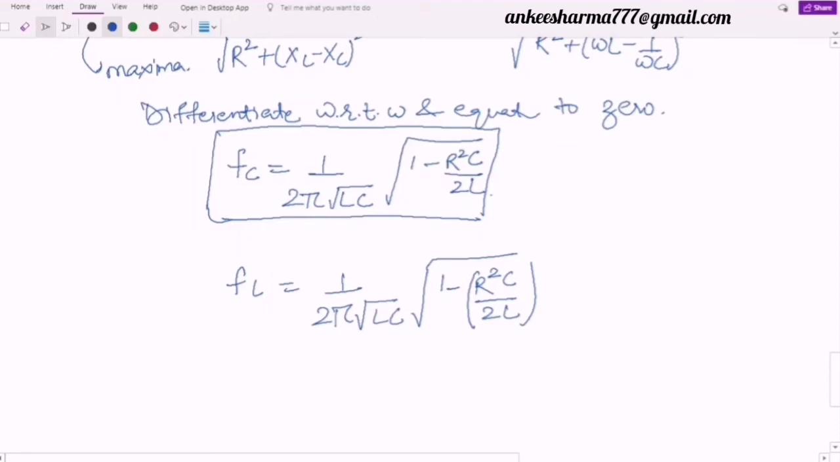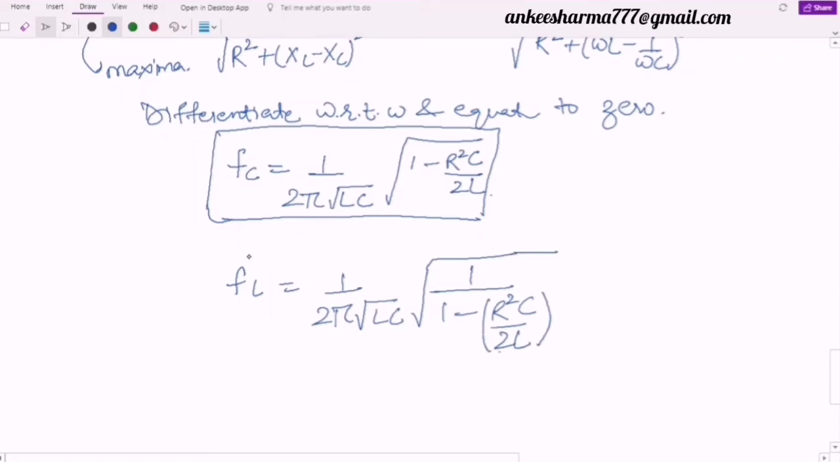Something is wrong. Wait a minute. By 2 pi root of LC under the root of, yes, something is wrong here. It is 1 divided by, I think, yes, it is 1 divided by 1 minus R square C by 2L. Yes, this is the formula